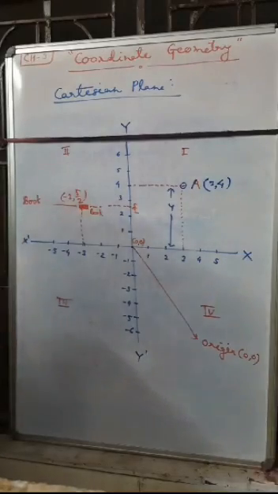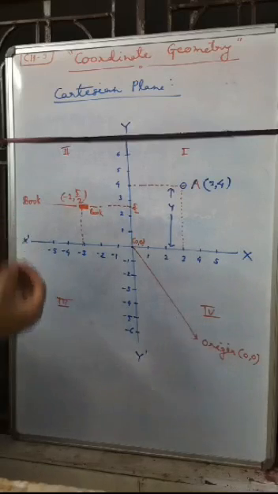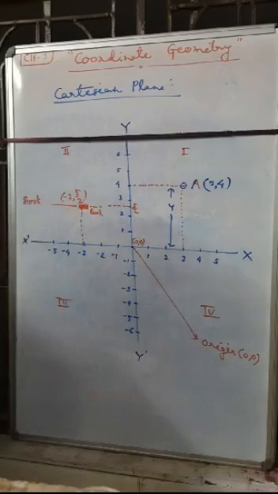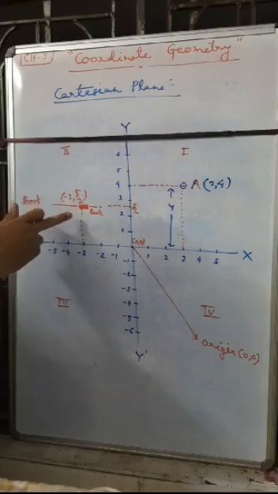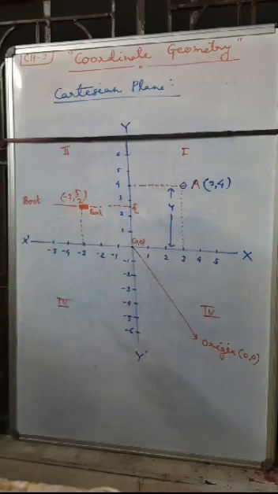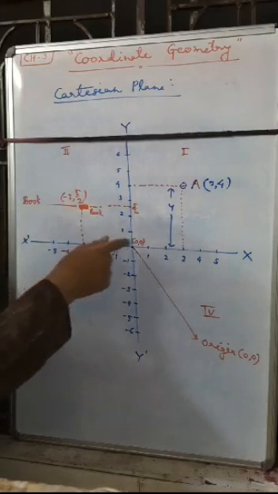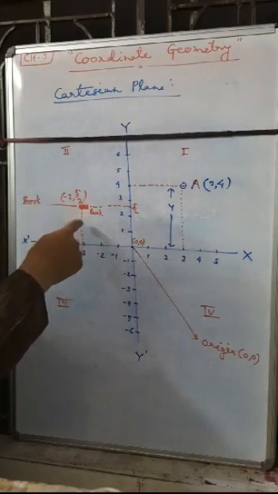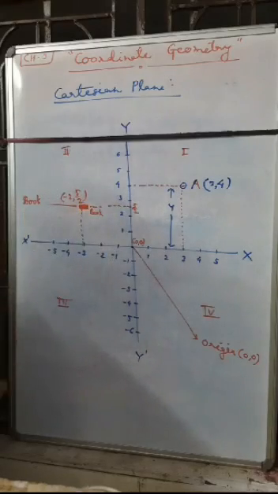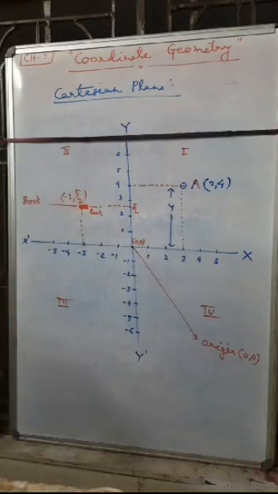So if we have to give the location of any point or anything on the Cartesian plane, we must measure the perpendicular distance from the x-axis as well as the y-axis. We have to show both distances in each problem. That is the definition of the Cartesian plane, and how you locate anything on it has now been made clear.